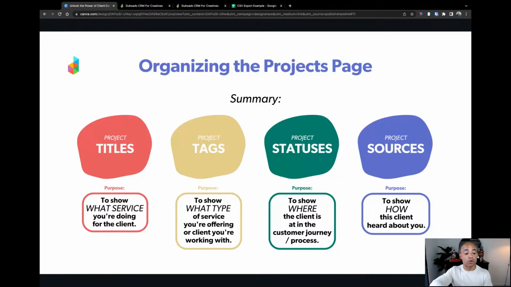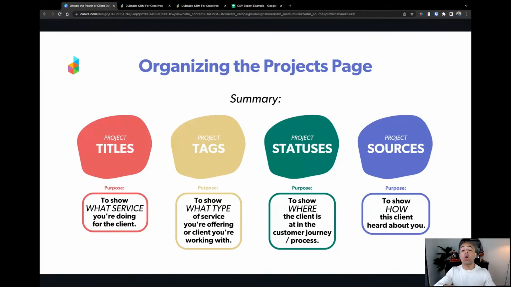Project titles should show what service you're doing for the client. Project tags show what type of service you're offering or client you're working with, the types of projects you're working on. Project statuses show where the client is at in the customer journey or your business process. And then project sources show how that client heard about you.